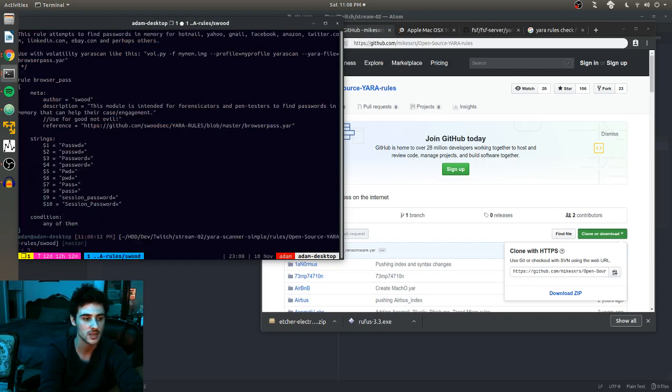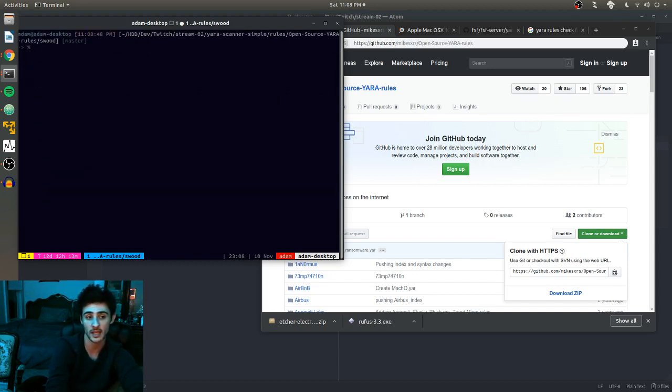Cat browser pass. Yeah, okay, so this is another thing. It's saying, if you find any of these instances, let's make a rule for it, and if we find any of these instances in the file that we're looking at, chances are it might be a password file, it might be leaking credentials. So that's what we're saying with one of these rules. And I hope this gives you an example of how powerful something like that could be, because you're adding logic to something real simple, and over redundancy, you can come up with convincing enough conclusions that you can act on it. So, anyways,